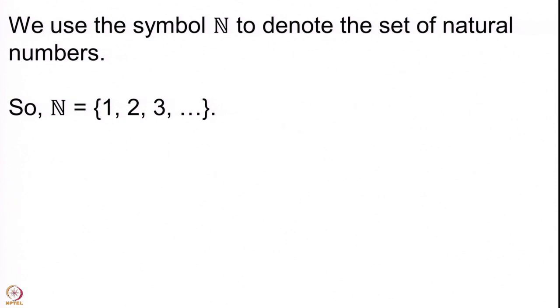Now, mathematics is all about sets, and what we have said here can also be written in a mathematical way in the following way: N is the set consisting of the numbers 1, 2, 3, dot dot dot. These dots represent that the numbers go all the way up to infinity. So, we are counting all the natural numbers in this set. This is what it means.